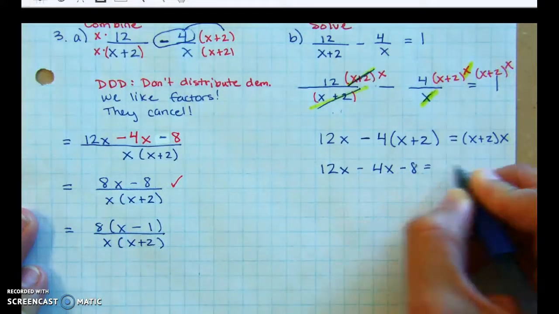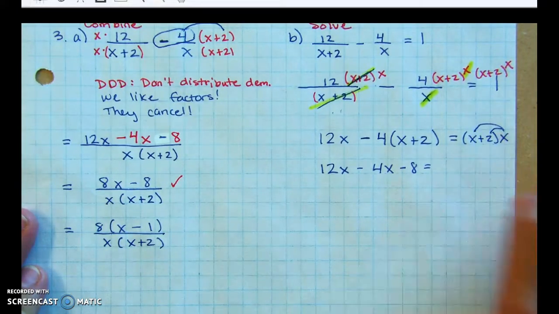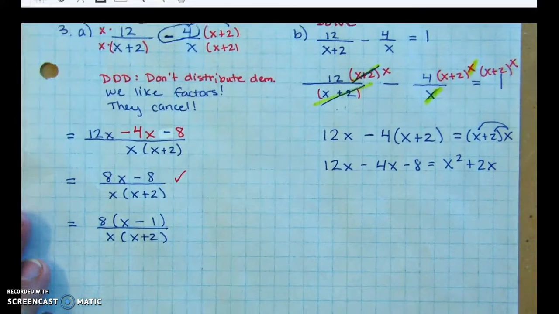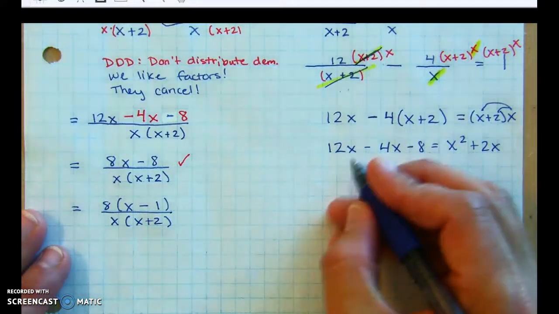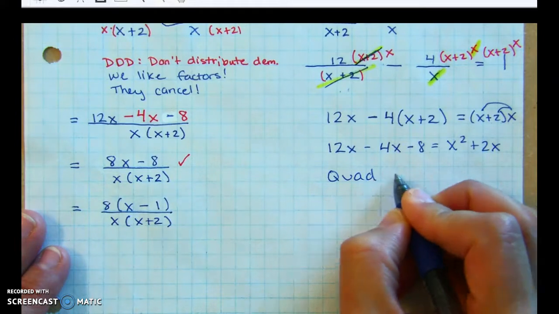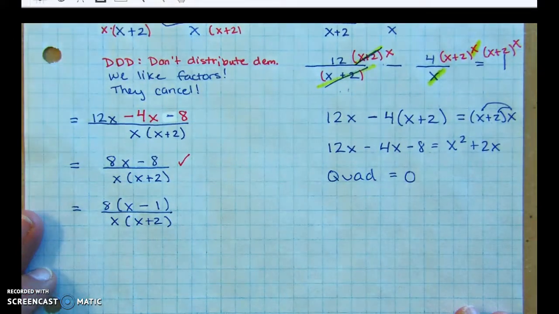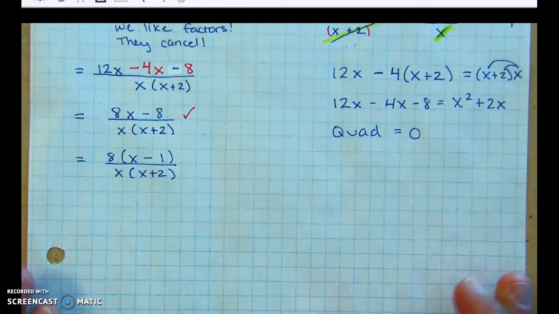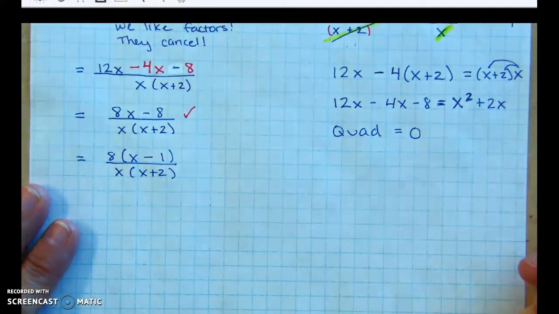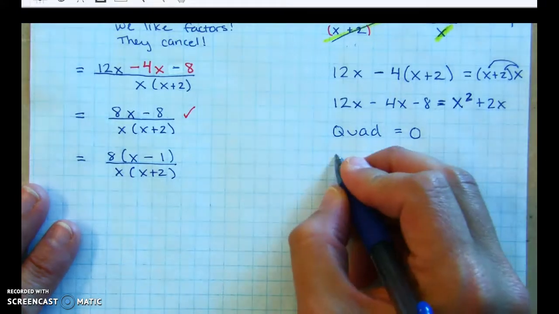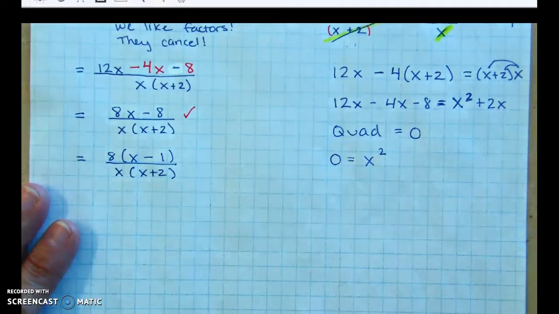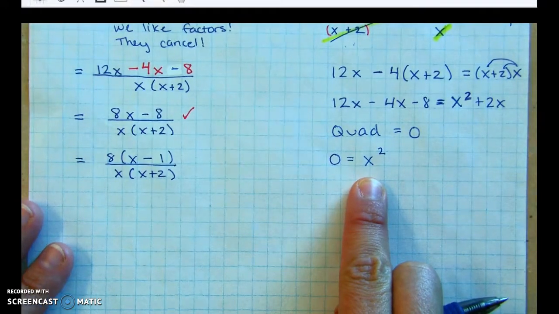Minus 8, distribute, and then this is going to be x times x and x times 2. All right, do we have a linear or a quadratic? And what do we have to do to quadratics? Set equal to 0. Do you want the 0? I want my x squared to be positive. So I'm going to keep my 0 on the right side and keep my x squared positive here. Okay? Now,